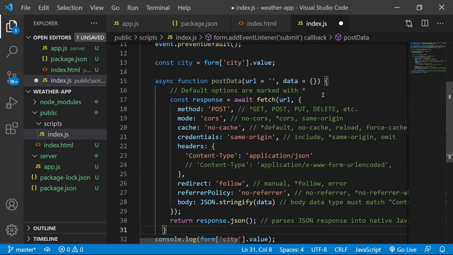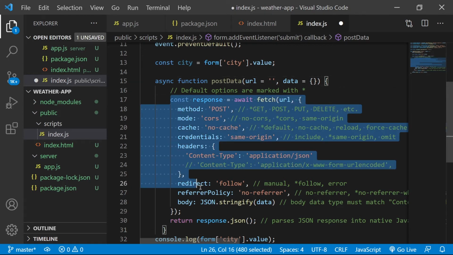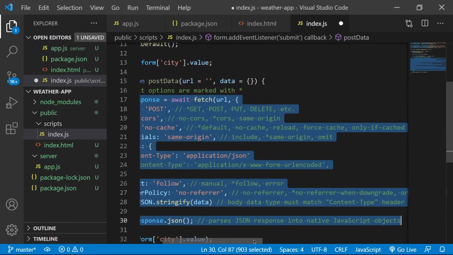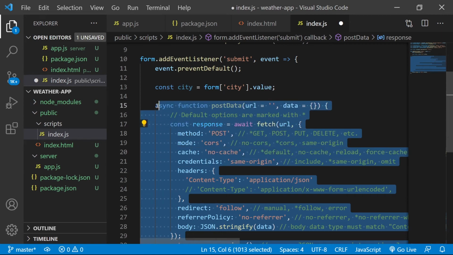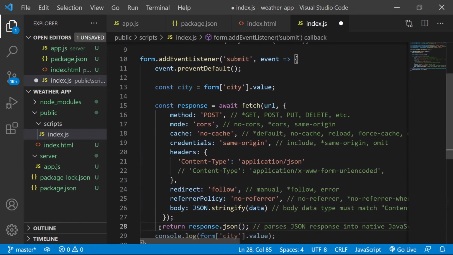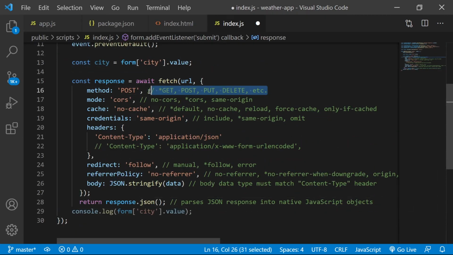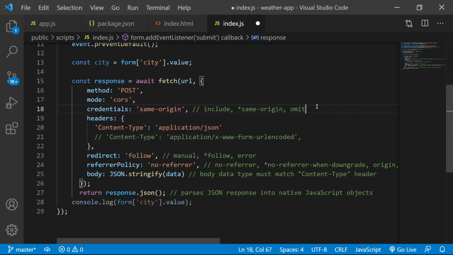Post data, we really just care about this. Let me clean that up a little more. Method is going to be post. Leave the mode as is. Don't care about cache. Don't care about credentials.